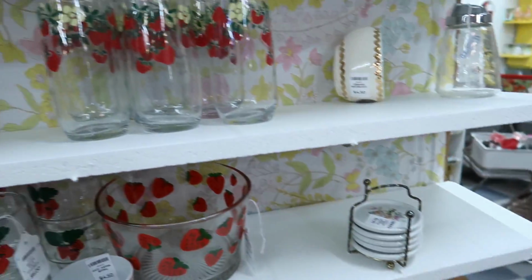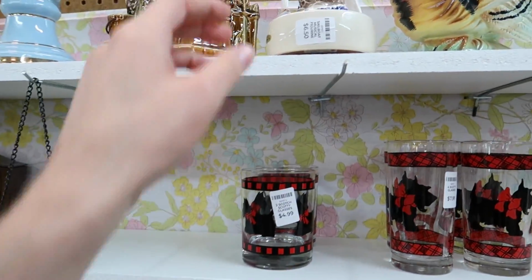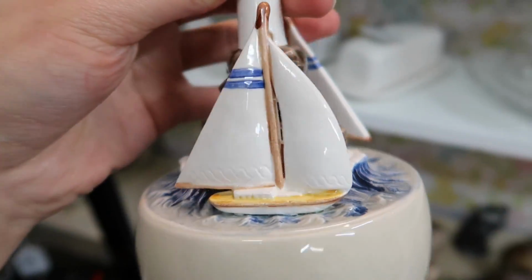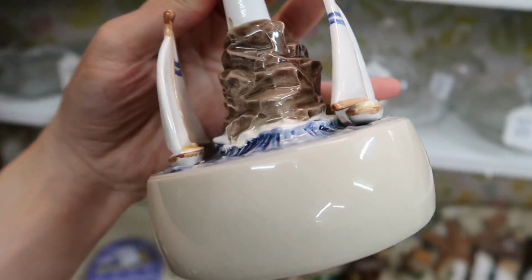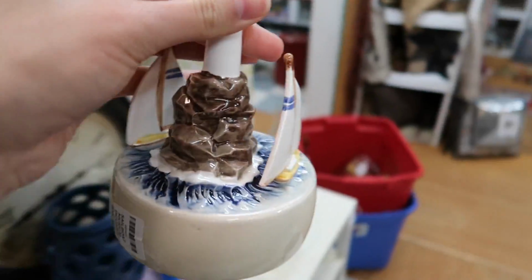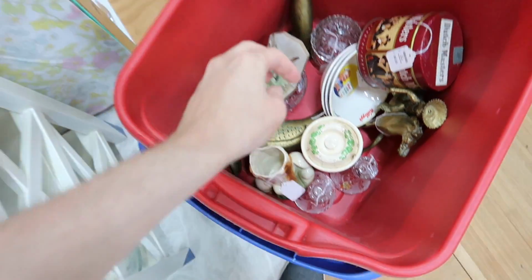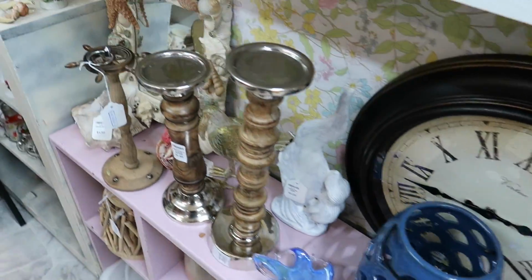We're making some headway here. This has a boo-boo on it, which is why it's in here. You can see the... maybe you can't see it. It's a little bit of a hairline, but I might be able to still sell it. I had $6.50 on it. I'd probably sell it for that price on one of my Friday night sales. That can go in there. Okay,